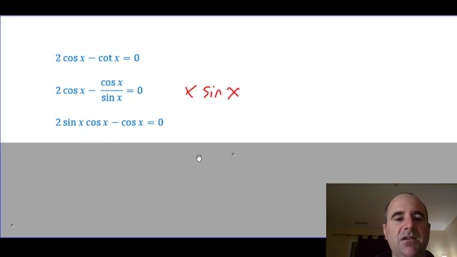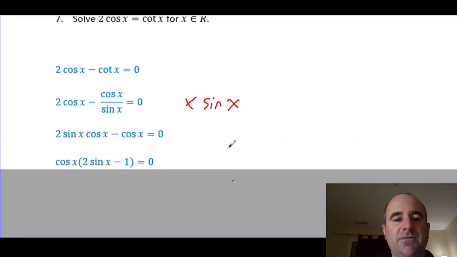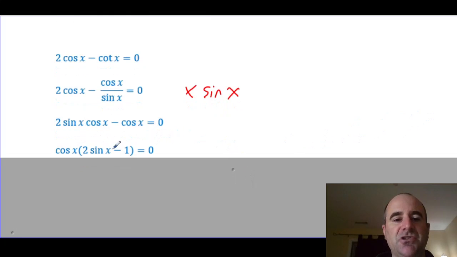When I do that, I multiply this by sine x to get 2 sine x cos x. I've just written the sine before the cosine. And then I multiply by sine x, of course, the sine x divides out there, and then I love multiplying by 0. 0 times sine x just gives me 0. So I'm left with this equation here, and actually it's going to factor. It has a common factor of cosine. Factor out the cosine, you're left with 2 sine x minus cosine of x times 2 sine x minus 1